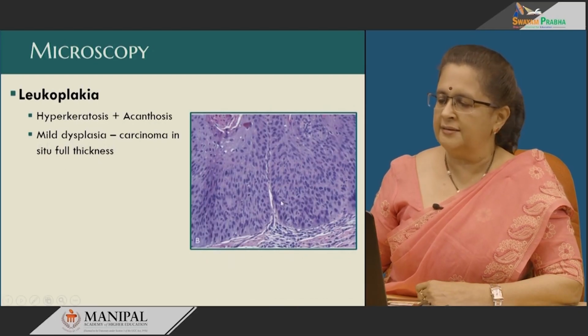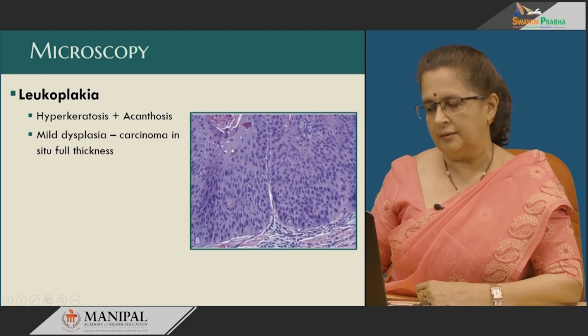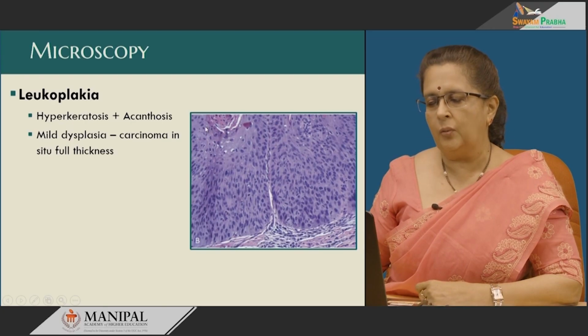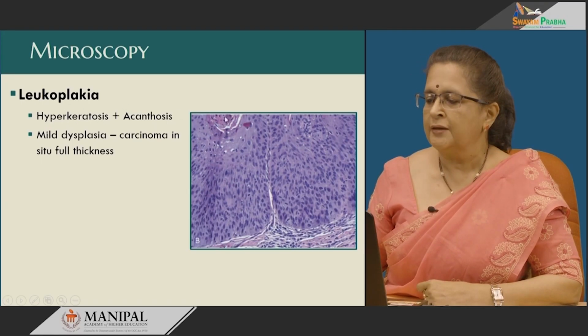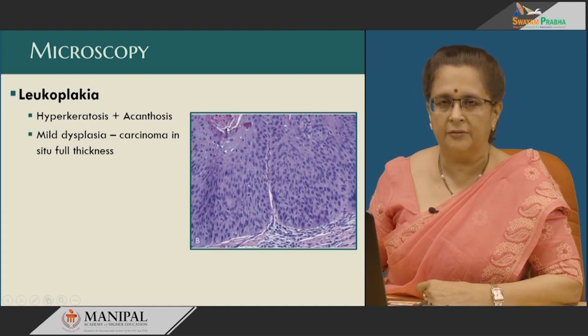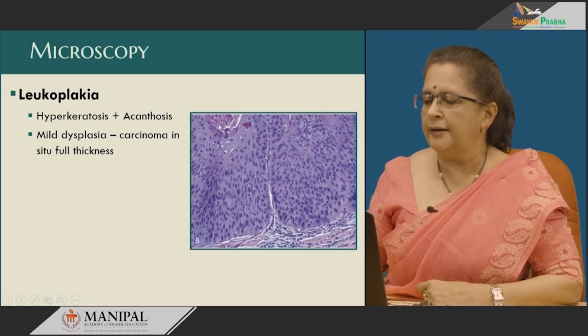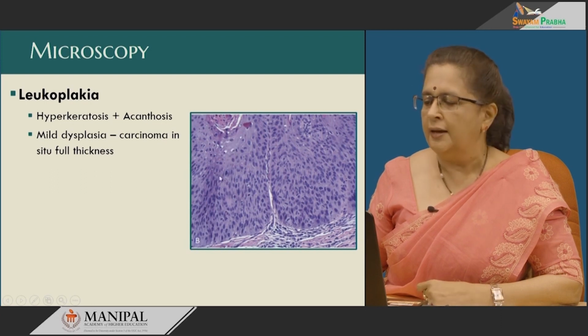Microscopically, this is a microscopic picture of leukoplakia. What you see here is full thickness dysplasia, involving the entire thickness of the squamous epithelium. There is hyperkeratosis and there is acanthosis. That white color in leukoplakia is because of hyperkeratosis, so it is an essential feature. So, increased thickness of the stratum corneum. Here you are even seeing nuclei that are parakeratotic. So, hyperkeratosis with acanthosis. Acanthosis is thickening of the squamous mucosa, and dysplasia.